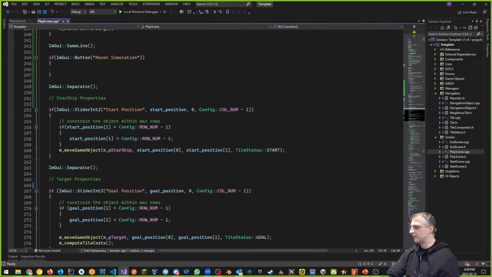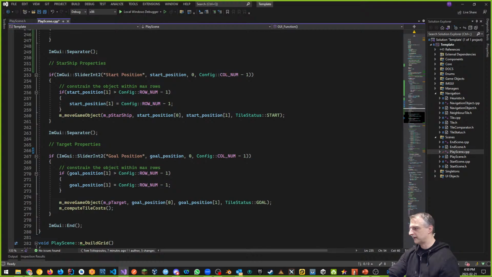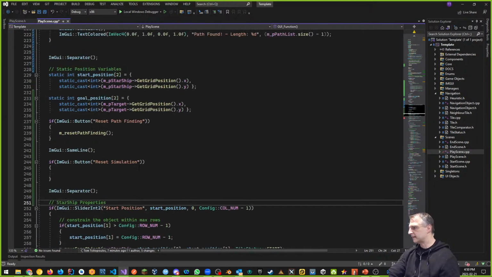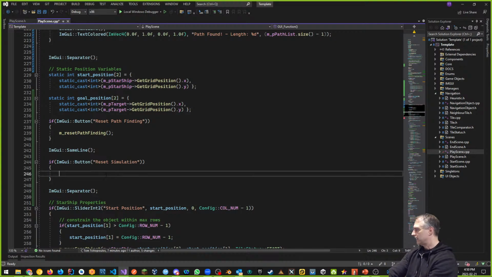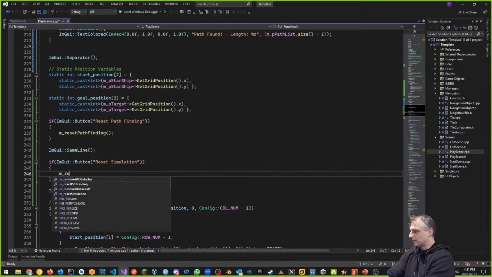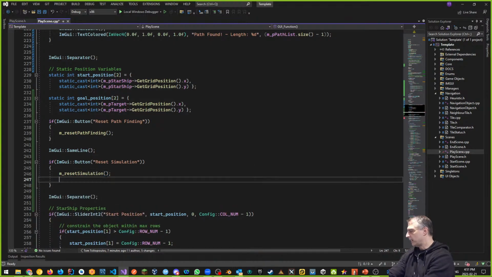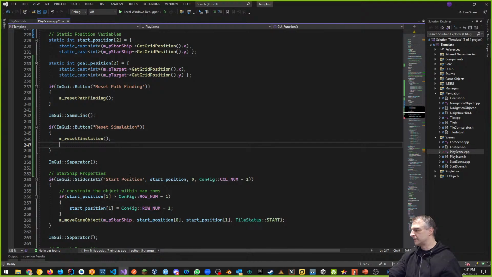And the reason why we want to do that is because I'm just going to take away some of this extra space. The reason why we want to do that is because inside the reset simulation, we also want to reset the static positions in the slider. So the slider is updated as well, okay? Like the actual UI element. So we're going to say something like m_resetSimulation. We have all that code already. We're done. But on top of that, we want the start position